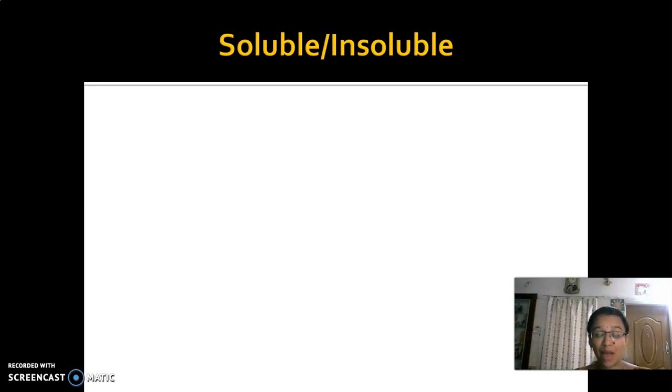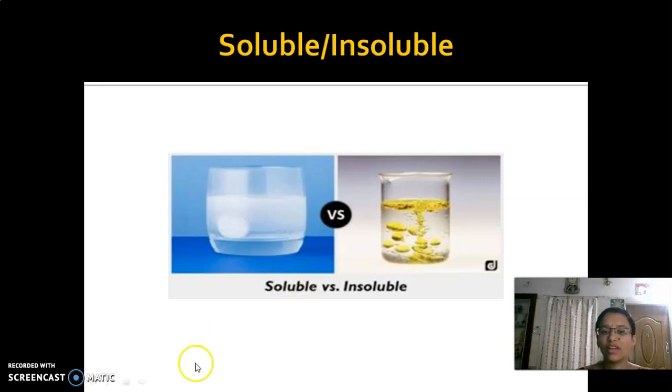Otherwise, if I add some chalk powder in water and give you that, by seeing its appearance, can you tell whether the chalk is mixed or not? Yes, because the chalk does not get completely dissolved in water. So based on its solubility, the materials are classified: one is soluble and the other is insoluble. Tell me some examples of soluble materials. Salt, sugar, and some other chemicals are also soluble. Insoluble.